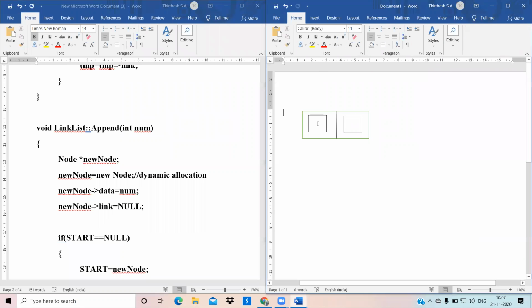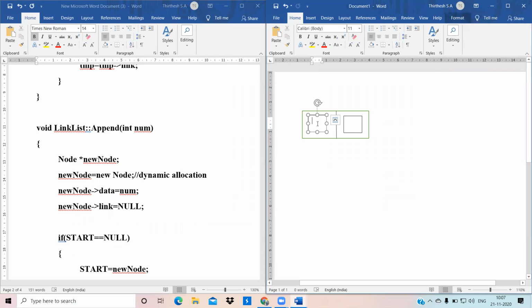So this is a linked list. First, we already have a value called 200. What does this do? This holds the address of the next location, which means that